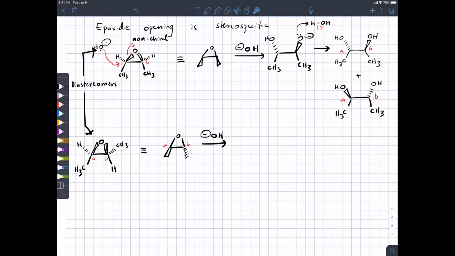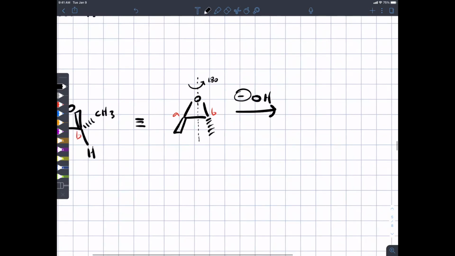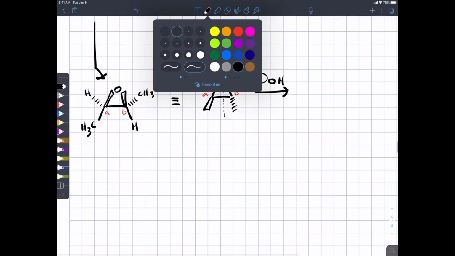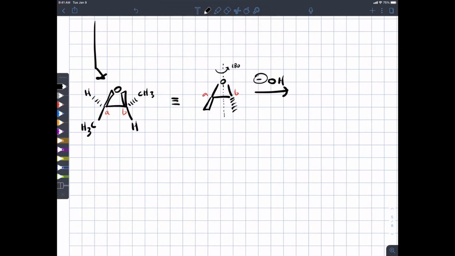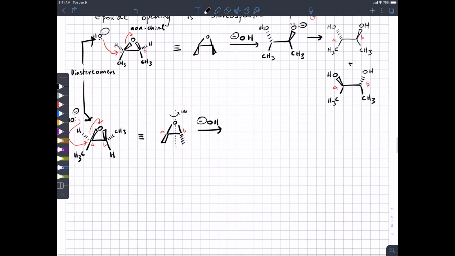Another way of seeing this is, if I make an axis that goes down through the oxygen and through that carbon-carbon bond, and I rotate around that axis 180 degrees, A and B are identical, they're actually the same. So in any case, if we have the nucleophile, which is hydroxide, come in from behind and open up the epoxide, we're going to get,